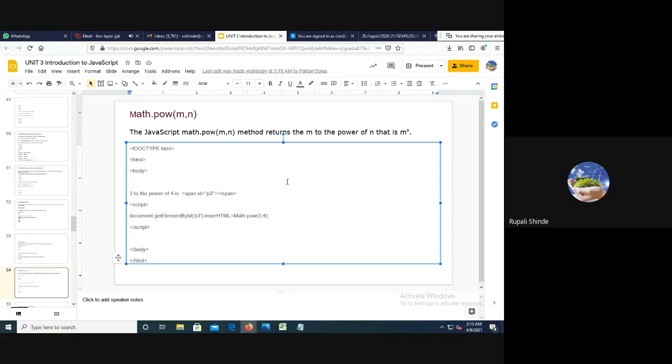Likewise, we can perform mathematical operations. There are various methods by which we can perform them. During the practical, you have to check all the mathematical functions which we are going to use in JavaScript.